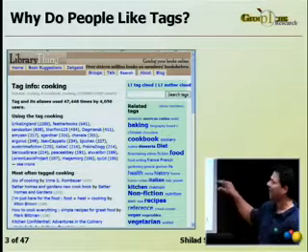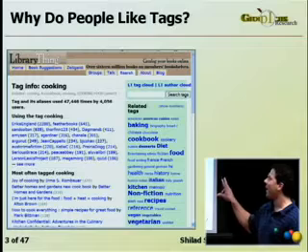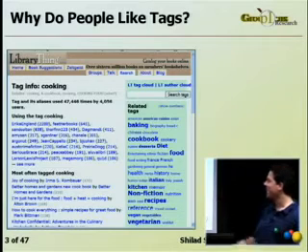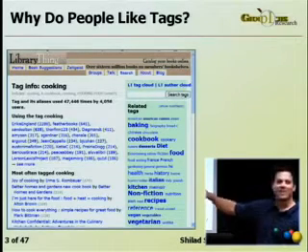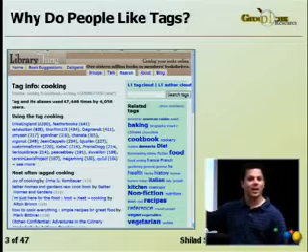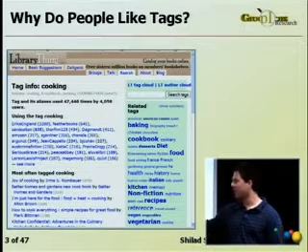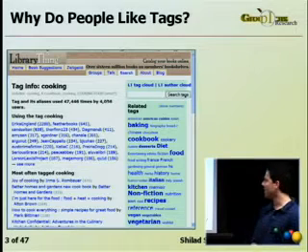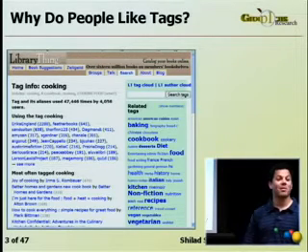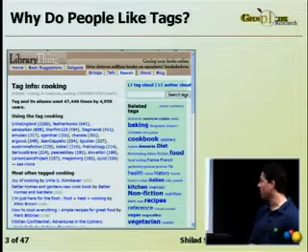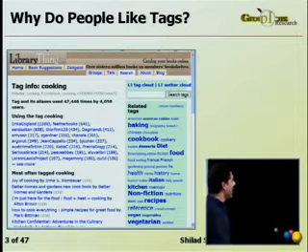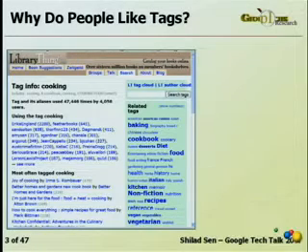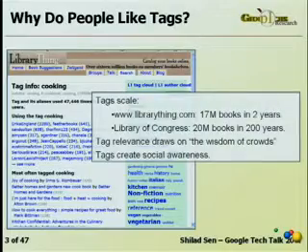And you can see I could drill down into some more refined searches besides just cooking. And then, most importantly, there's a list of the books that were tagged most often with the word cooking. And you can see the #1 result, Joy of Cooking, rightfully so, was tagged by 470 people with the word cooking.